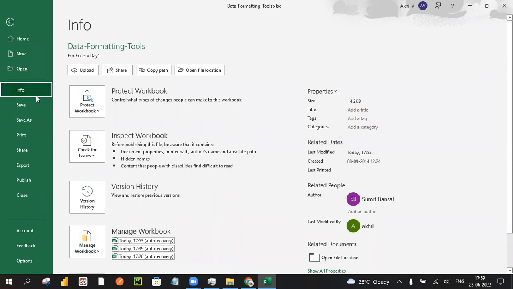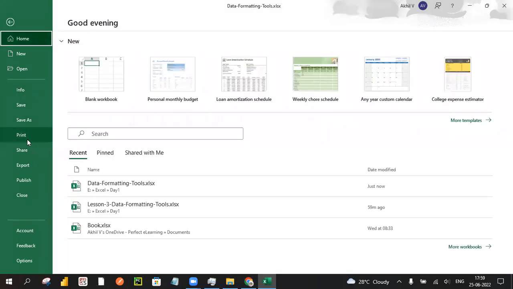So this is complete info, informative with respect to properties, such as whether the workbook is protected or not. The Save button helps us save the file, using the name or the location you want to specify with Save As. Print helps us print this workbook, as needed,